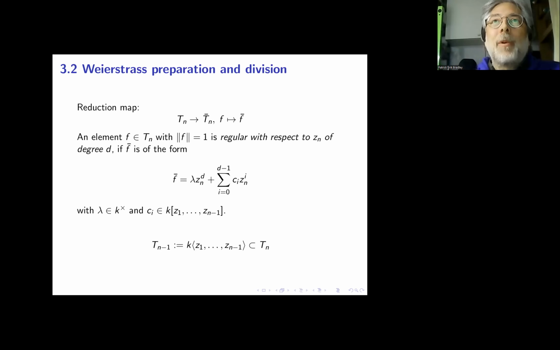Now, Weierstrass preparation and division. What you always have is the reduction map on Tate algebras, also later on affinoid algebras. Remember this is T_0 modulo T_00, the unit ball modulo the open unit ball, and so an element f gets mapped to f bar, and an element with norm 1 can be mapped to some polynomial in n variables f bar. And an element is regular with respect to z_n